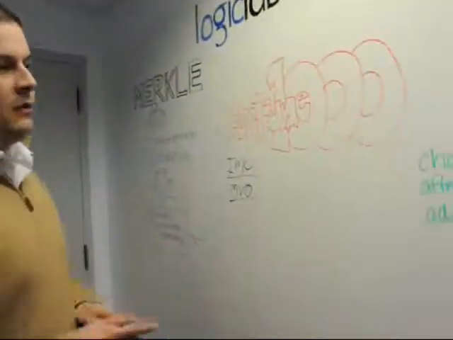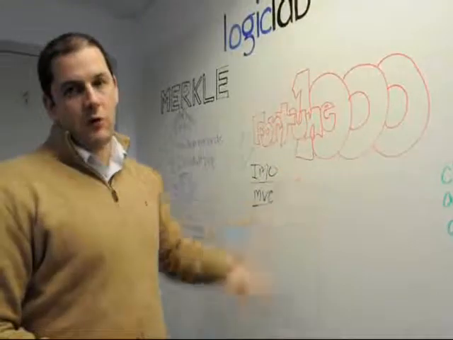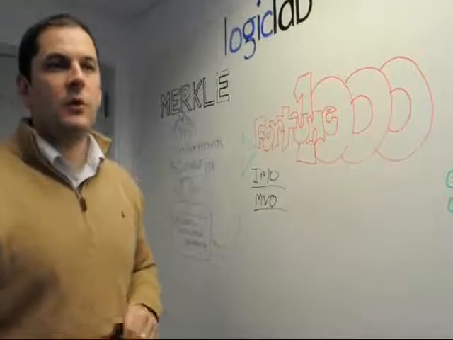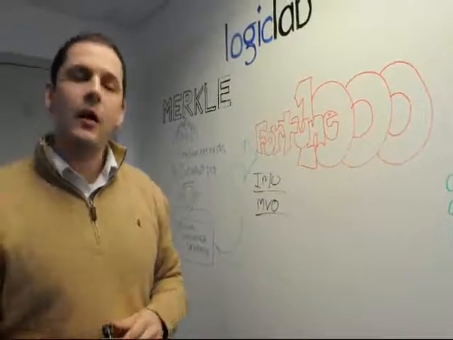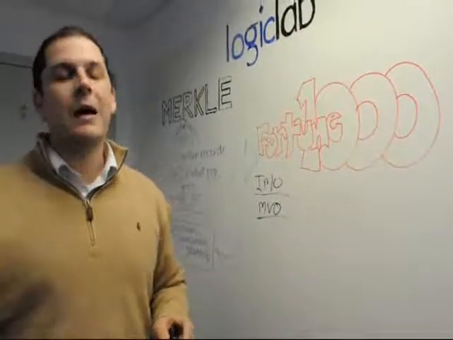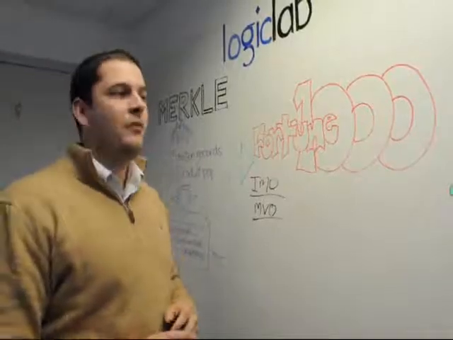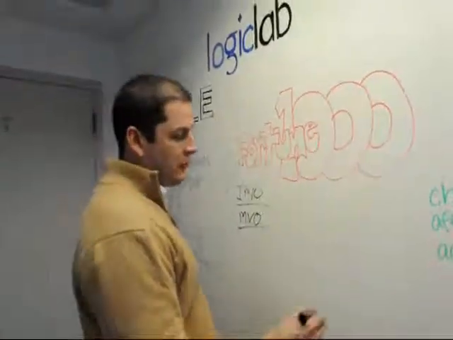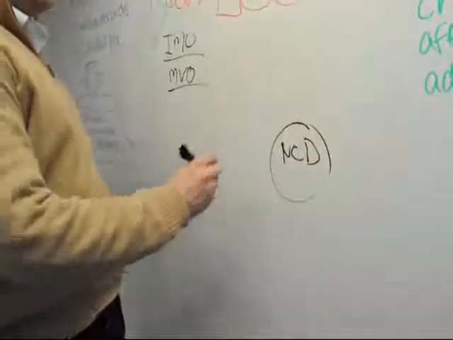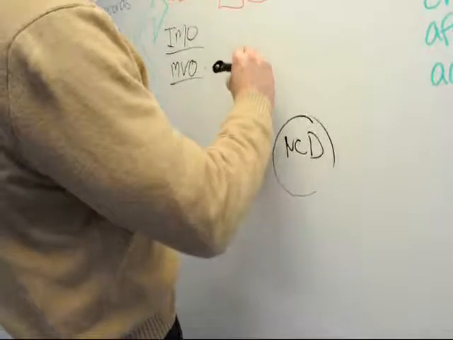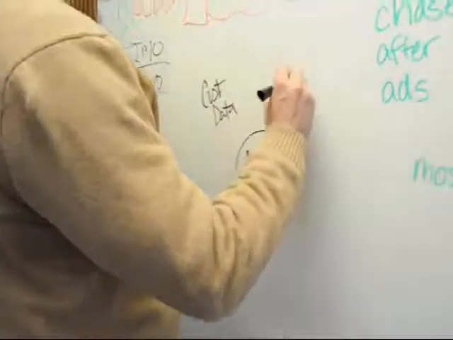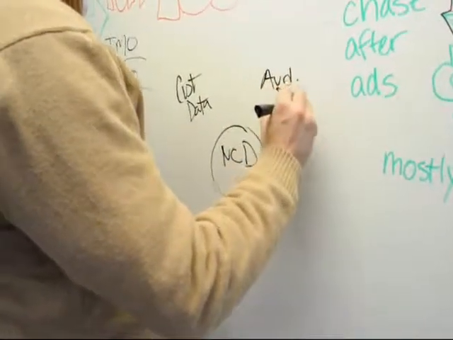So when we can tie all this information together, the access to these big Fortune 1000 companies and this big national consumer database, really the impetus for what LogicLab is doing is trying to matchmake, essentially, between big advertiser customer databases and media databases, subscriber files or viewer files or audience files, what have you. And so you can kind of think of it in terms of a clock. At the center of this clock is our national consumer database. And that national consumer database we use to fuel a lot of the analysis that we're going to be doing on the customer data from the advertisers and the audience data from the media companies.